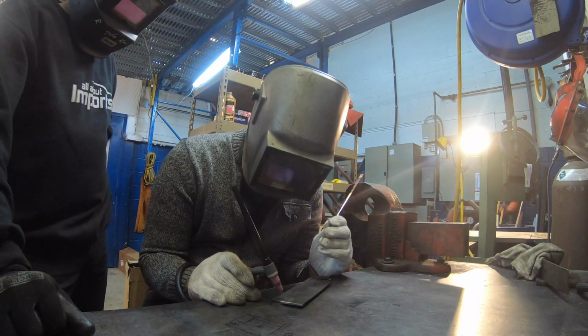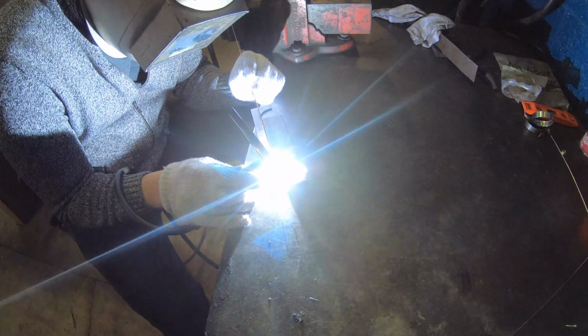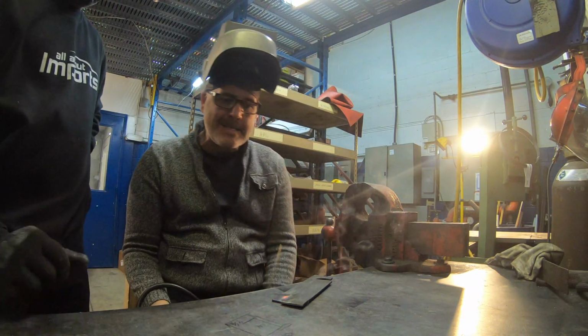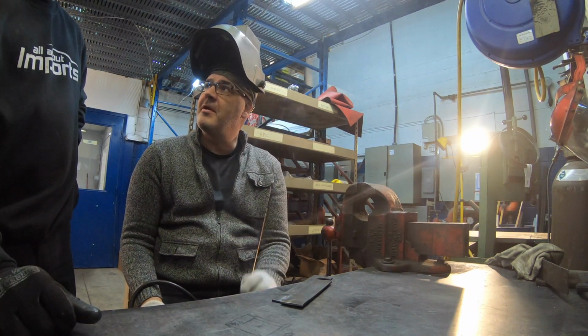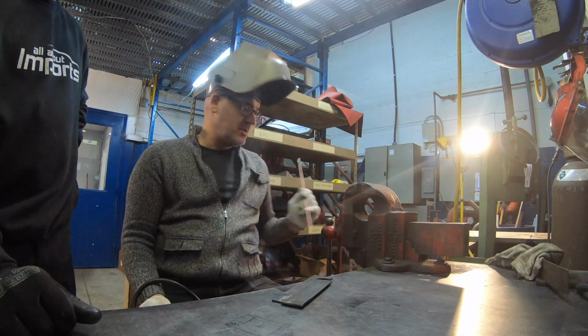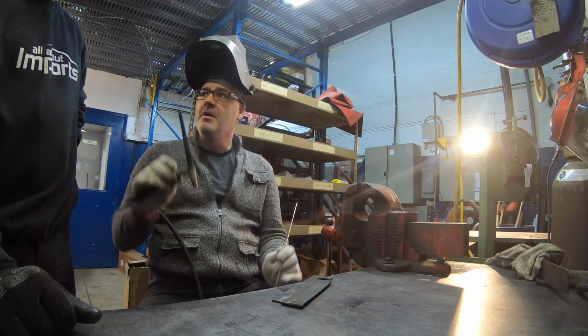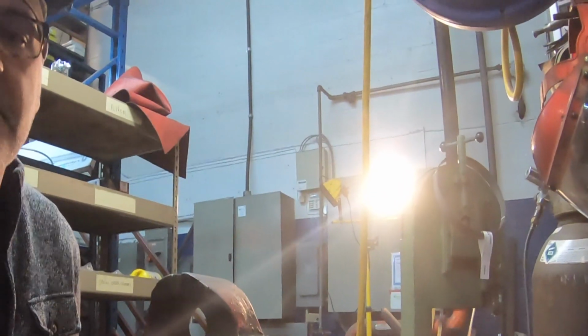You ready? Yep. Okay. How do you know the feel of the pedal? Okay, so you just keep putting your foot into it until it melts the metal. Okay. So where we are set right now, I'm almost full throttle. Yeah. So you ease your way into it. It's a decent weld, right? I mean, I'm not going to go down as the prettiest welder on the face of the earth, but